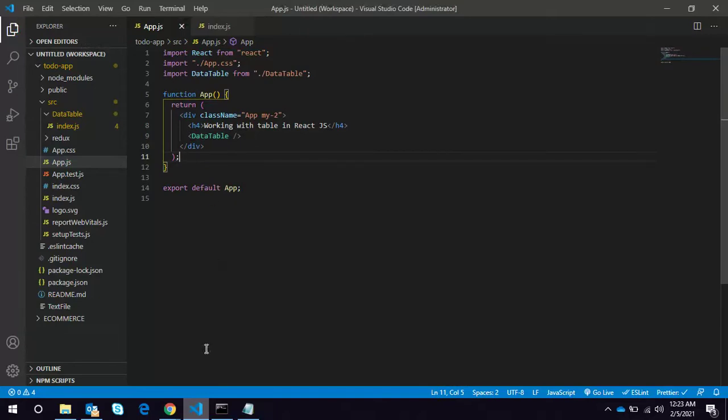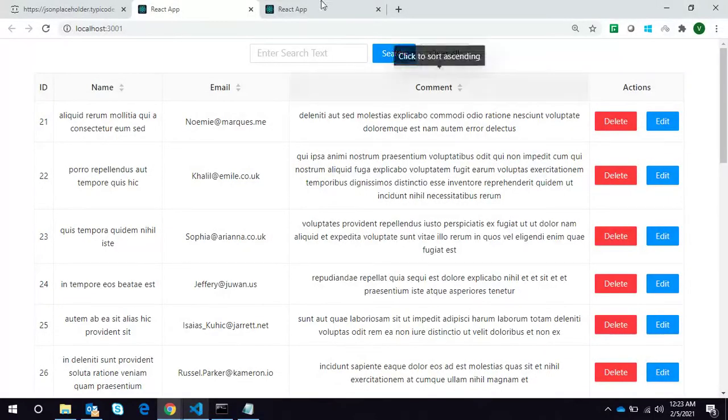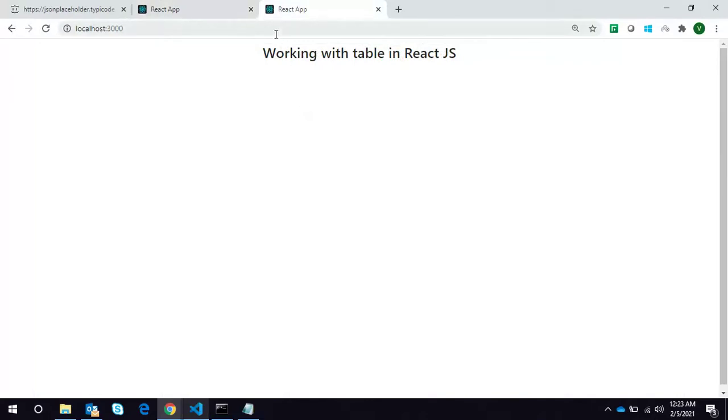Let's reload and check whether it is importing or not.